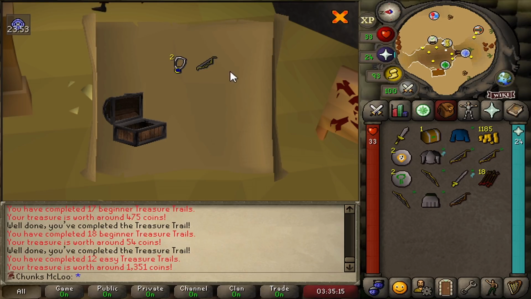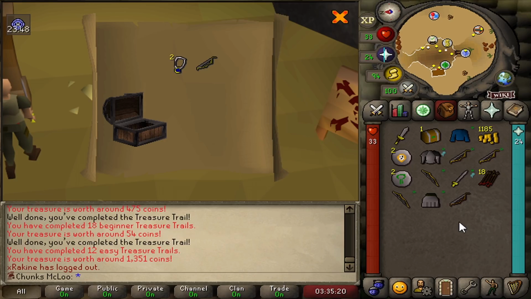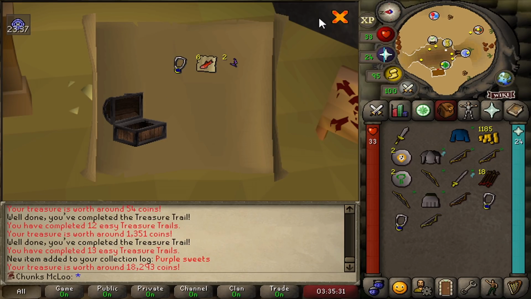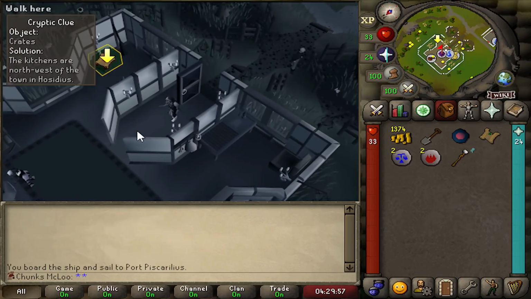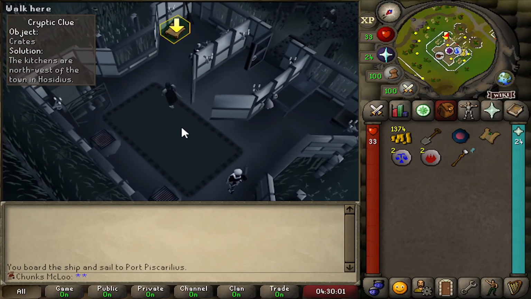Magic amulet, cool, but I've already got 2 trimmed ones, so not needed. Last one. We got 2 purple sweets. Hey, some salmon, bit of food, can't complain there, I guess. Right, so that was the most disappointing opening of clue caskets ever. Sorry about that, bit of a disappointment of a casket opening session, but hopefully we can make up for it